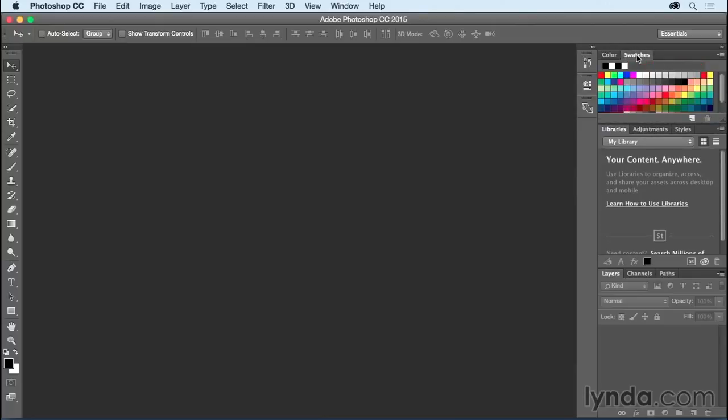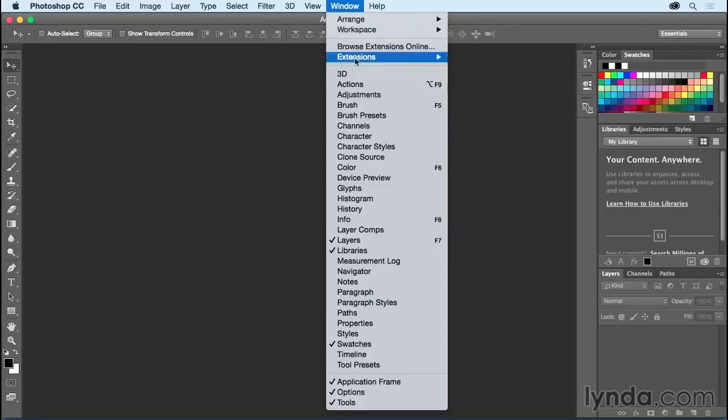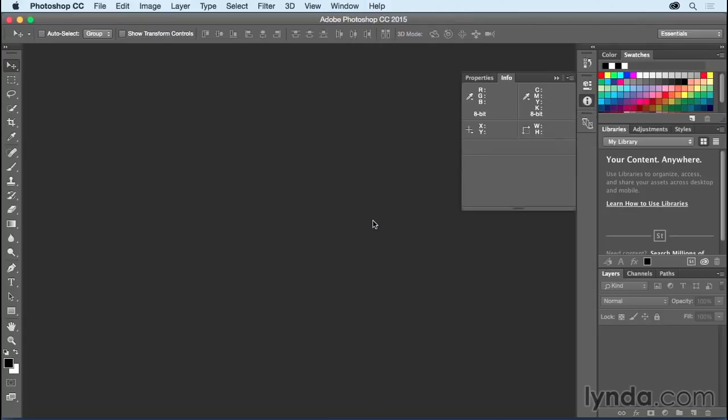If I click on the Swatches panel to bring it to the top, and I go to the Window menu, you can see that the Color panel no longer has the check, but the Swatches panel does. If I select a panel that isn't already showing, for example, the Info panel, Photoshop will add it to this second column of panels. Some panels automatically nest with others, just like the Info panel automatically nested with the Properties